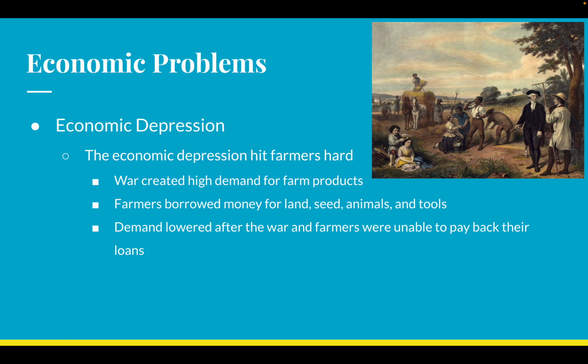So during an economic depression like the Great Depression, or when COVID hit, we entered a recession, which is kind of like a depression, but not as bad. Things will get more expensive, money won't be as valuable, and generally speaking, things just get harder for people. And this economic depression in the 1780s is going to hit farmers the hardest. It's going to affect their lives the most.